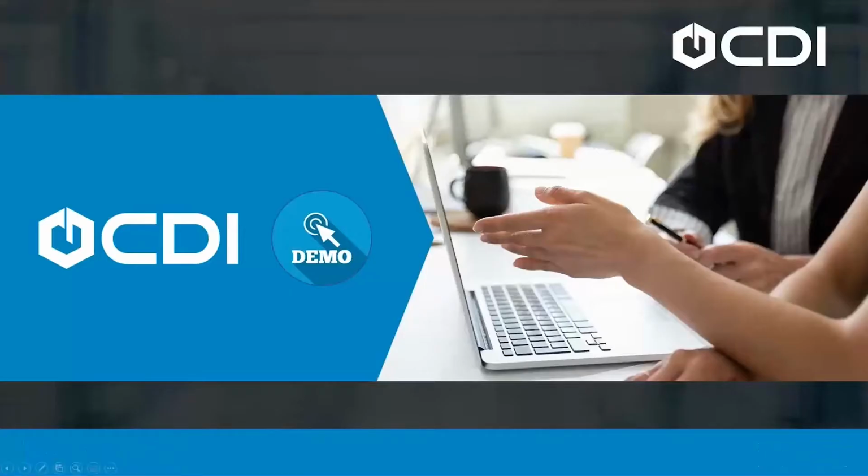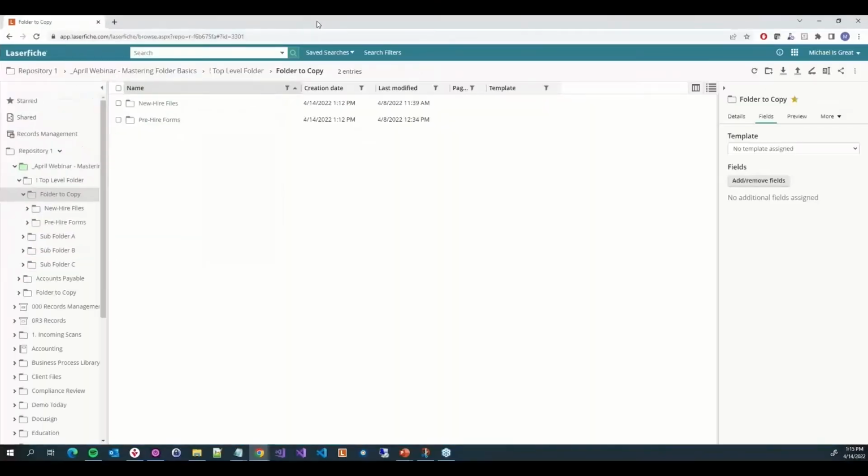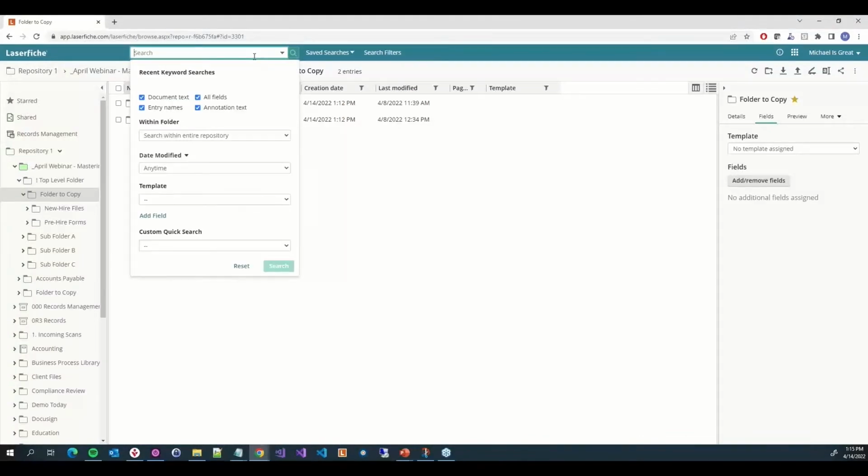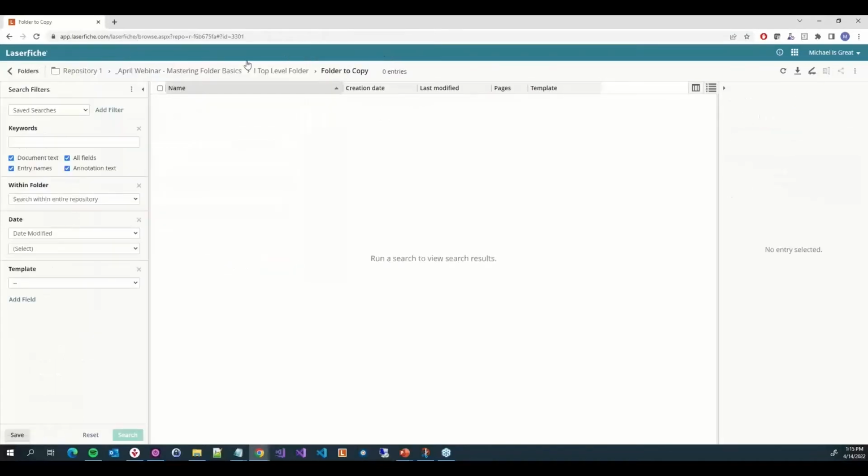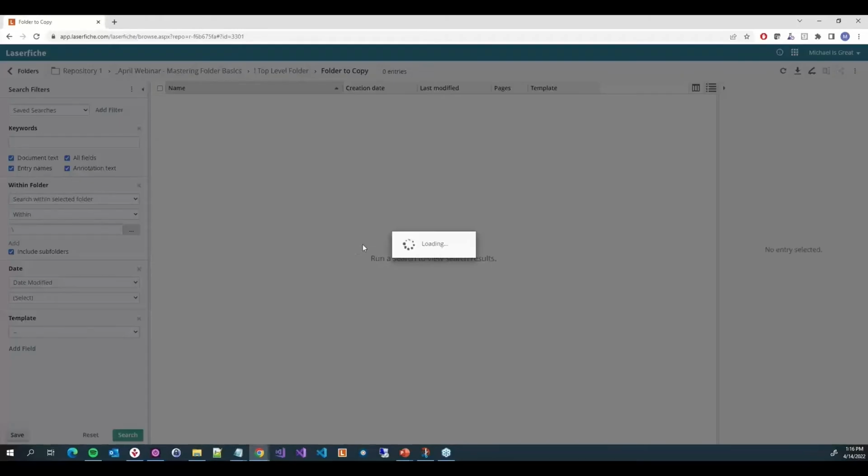All right, so next we will jump into a quick demo of searching in the web client. So here we can select our search filters option to search within a folder. So we can choose within the entire repository, within our current folder, which in this case is our folder to copy, or within the selected folder. So we want to search within